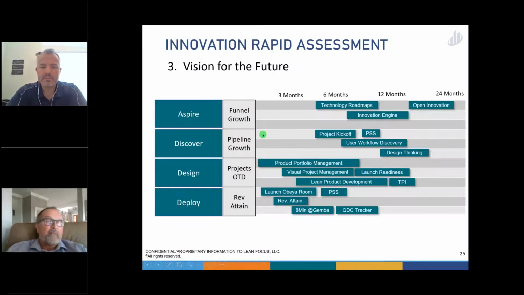And at the same time, during that same week, we're also going to look at a vision for the future. Where are we moving over the next 24 months? In the beginning of the journey, we'll be looking a lot more at the right-hand side of the journey. What are the products we have out there, already deployed, that we can improve and derive value from almost immediately? What are the products that I have in development that I really need to get out? So typically you'll see more emphasis on the right-hand side of the journey. And then as time goes on, we work more and more on the left-hand side of the journey. That's also a typical thing in lean thinking.